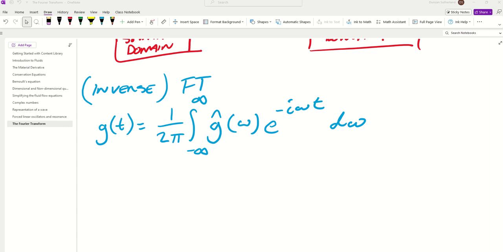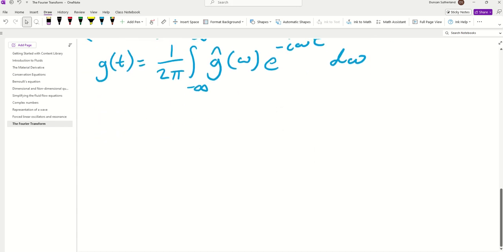A slight quirk of the Fourier transform pair is that you don't actually have to define the 1 on 2 pi in the inverse transform. So you could equally define